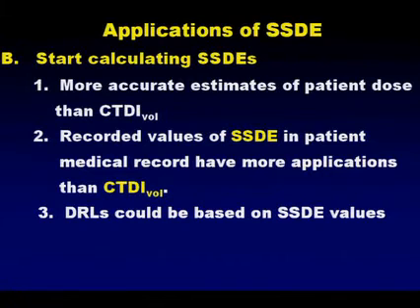DRLs in this country, the ACR for instance, are based on CTDI vol values. They're also based in Europe on CTDI vol values, but they could be based in the future